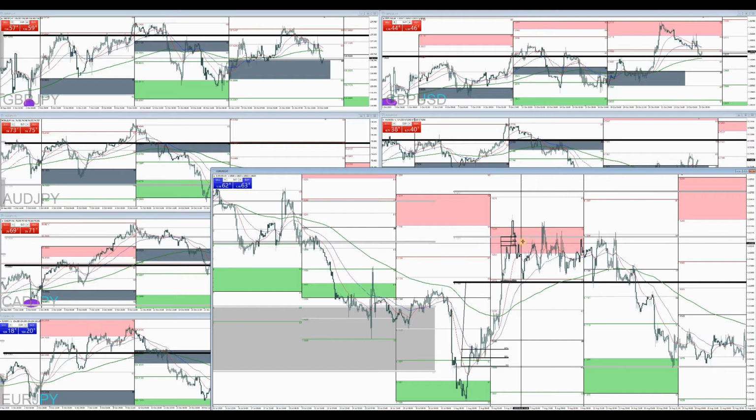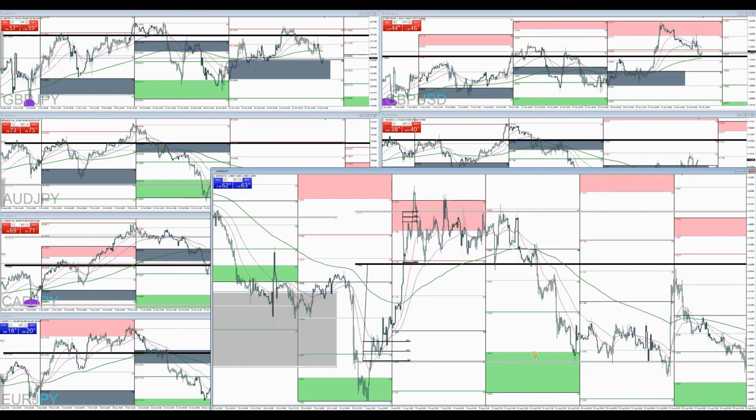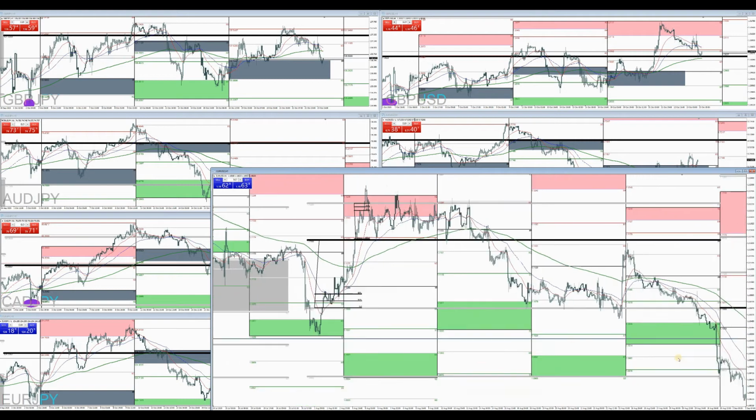Okay, so if we take it at the 90%, we have our stop up here. We go down to central pivot. We move our stop to just above here. We have a conservative target for the weekly at 137. Let's see if we have anything else. We have an aggressive target